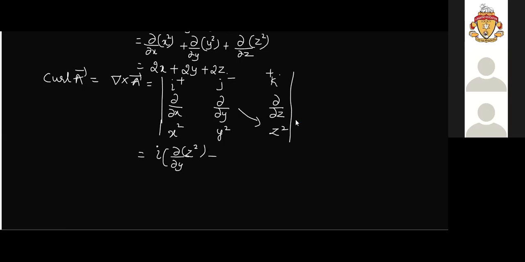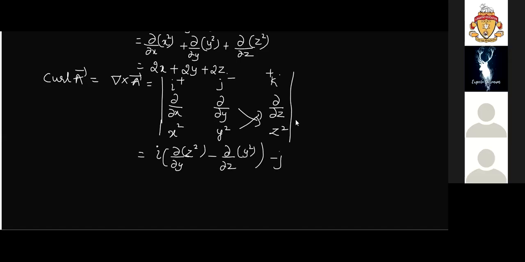Isn't it? Minus. If I take like this, I should take it as minus. This product: dou by dou z operating on y square. Similarly, minus j. Now j is lying in the first row, second column, leave it. Take the four elements, this, x square and z square. So again, determinant means this should be multiplied with this z square, which means dou by dou x operating on z square. Next, minus dou by dou z operating on what? X square.